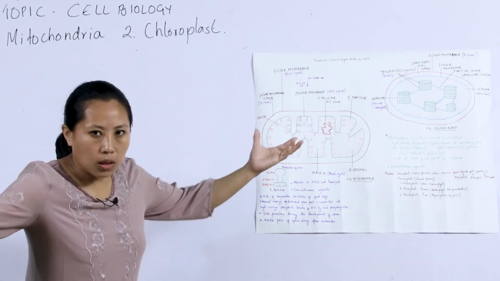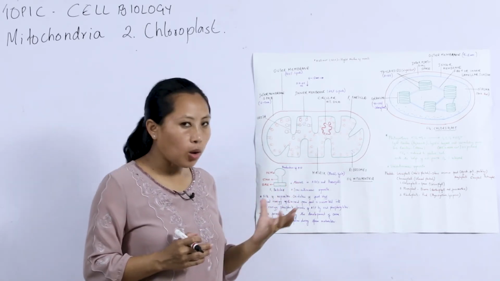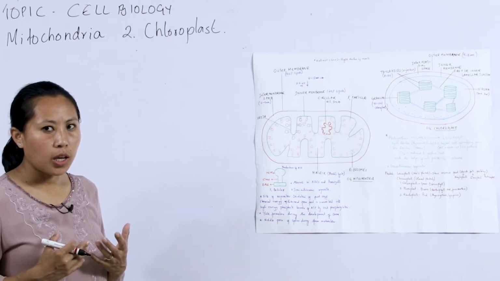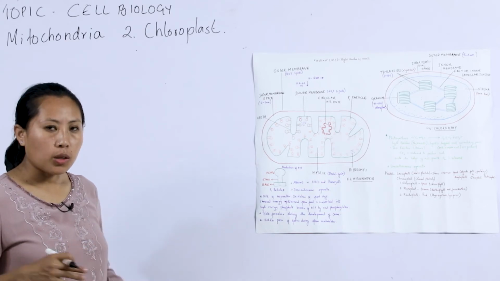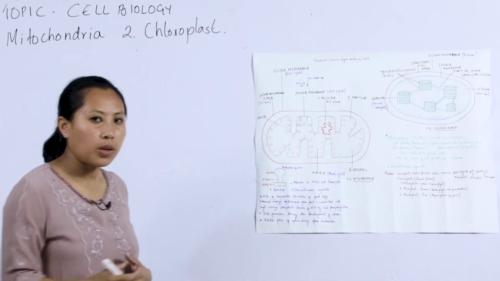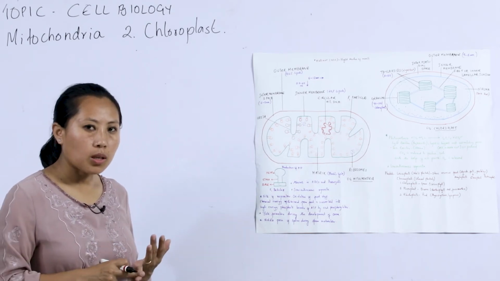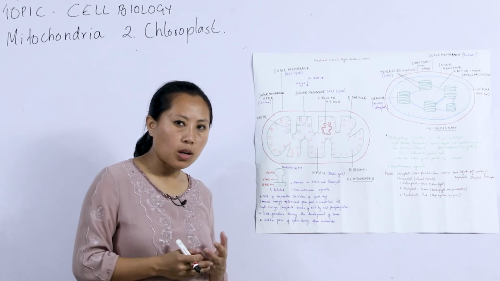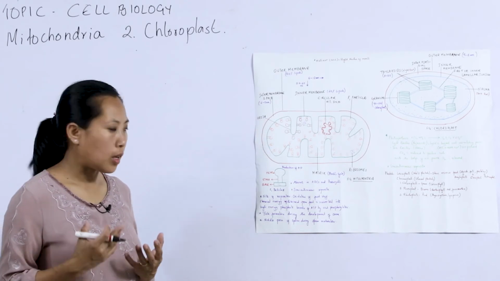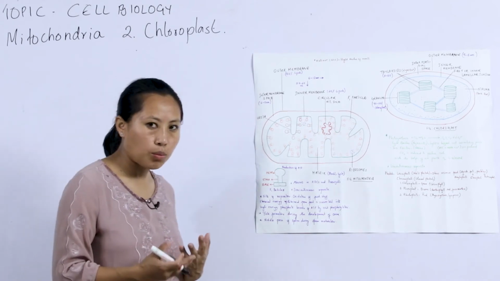Next, let us see the ultrastructure and function of chloroplast. Chloroplasts are cell organelles present in plant cells only, and absent in animal cells. Chloroplasts are a type of plastids, which are double membrane bound organelles present in the green parts of the plant. There are leucoplasts, also known as white or colorless plastids, chiefly concerned with the storage of reserve food in the form of starch, fats and proteins, and accordingly they are known as amyloplast, elaioplast and proteinoplast.